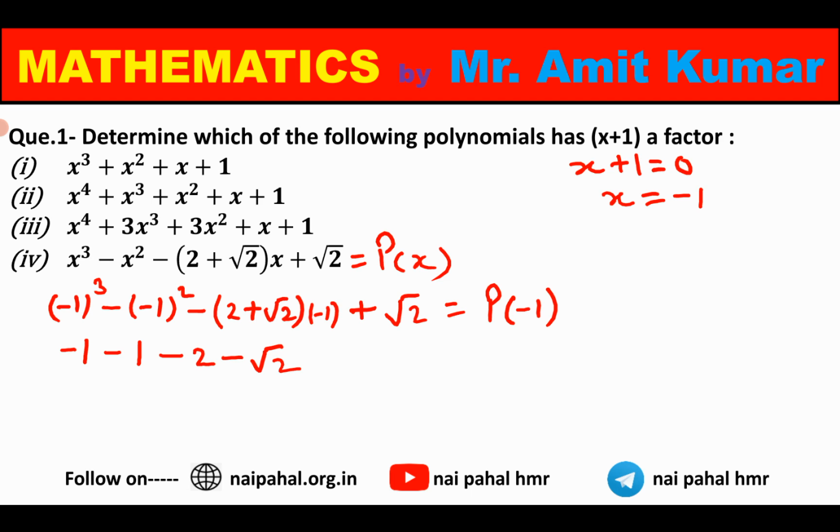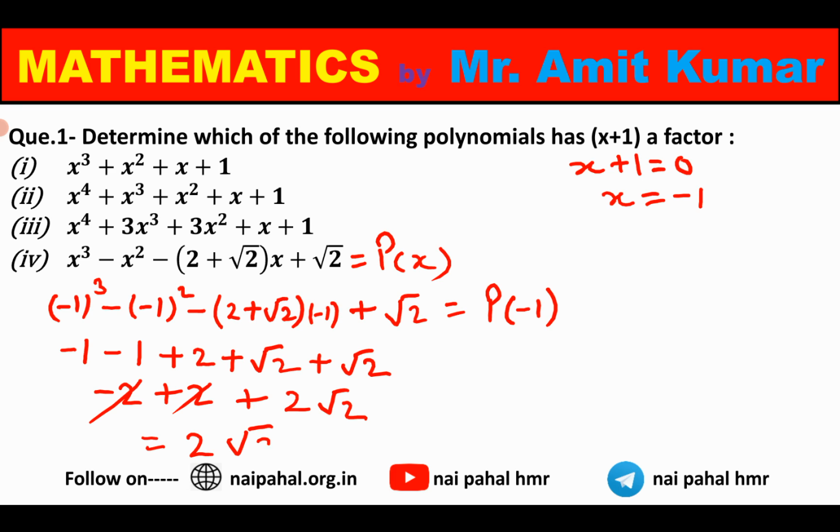and if it is multiplied by minus 1, then again the sign will be changed to plus 2 and plus root 2, and at the end we have already plus root 2. So here we can see that minus 2 plus 2 cancels, and plus 2 root 2 remains. So it should be cancelled and the answer will remain as 2 root 2.